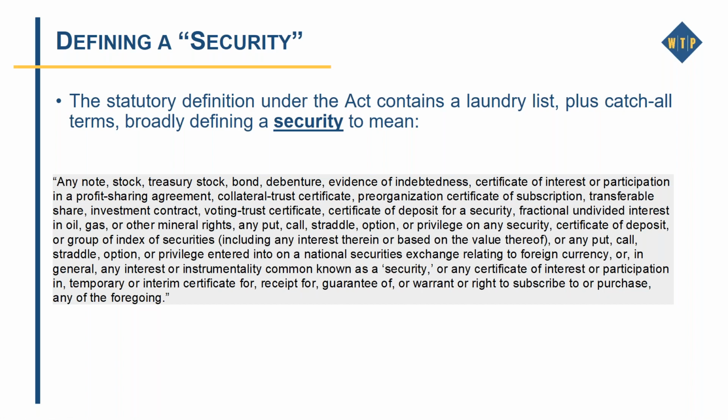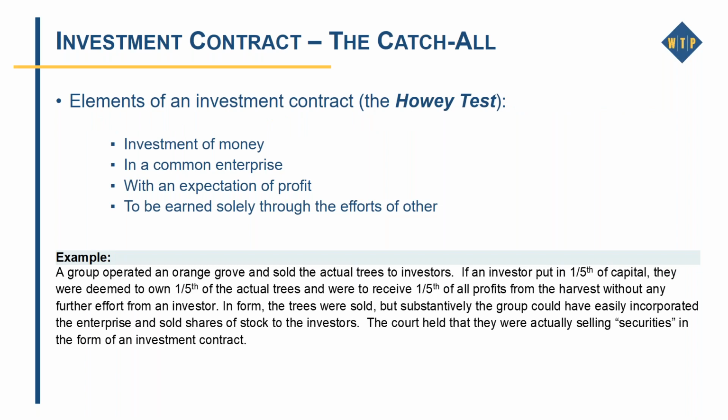So whether you're dealing with a federal law or a state law, a security is going to be relatively the same in terms of the definition. So it's easy to say, okay, I'm selling stock. Clearly, I'm working with a security,